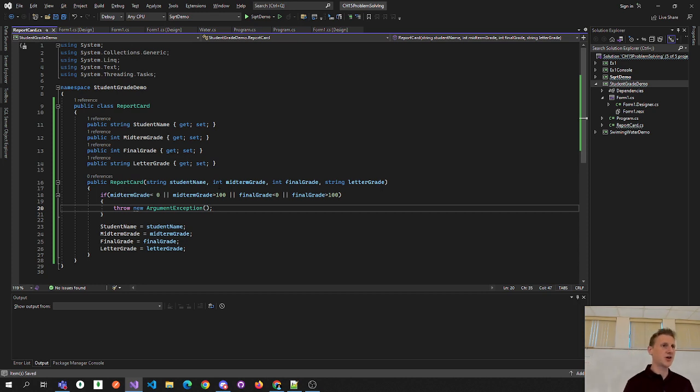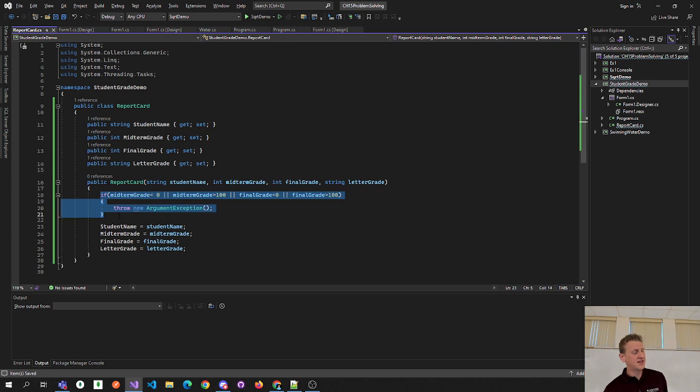So again, exceptions can occur naturally, right? You don't have to throw an exception to cause it to happen. Or you can manually throw an exception. You can cause an exception to be thrown. And in this scenario, I want to reiterate something that I said before: if a condition occurs in your application software that you want to deem as a problem you want to handle in a unique way, and it's not going to happen all the time, it happens exceptionally,